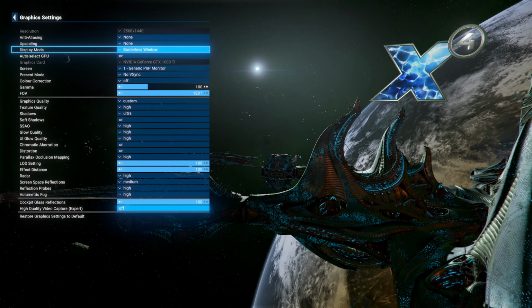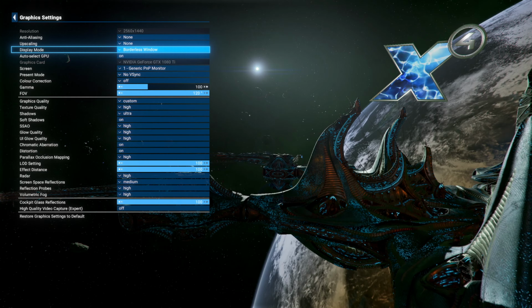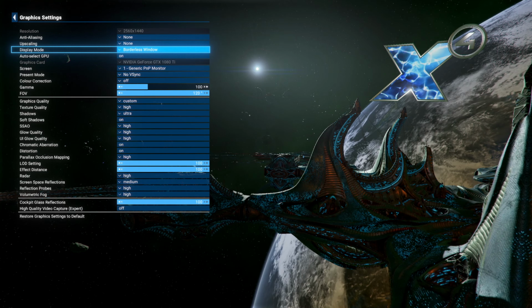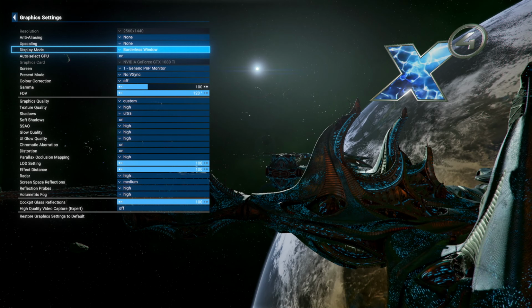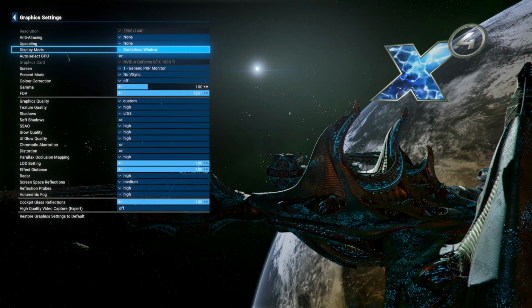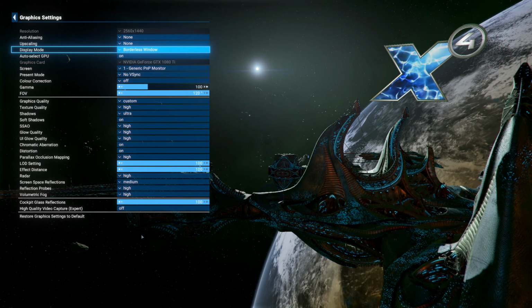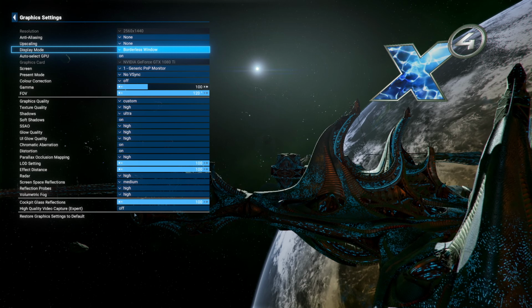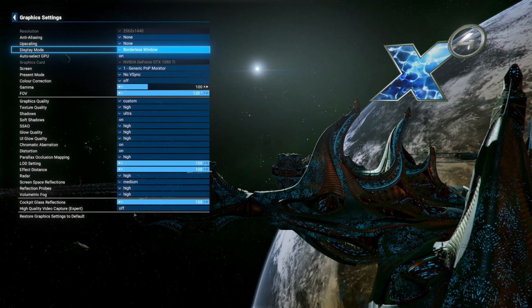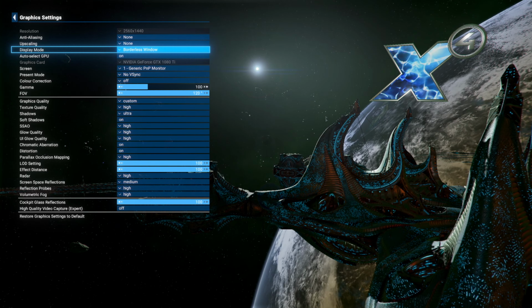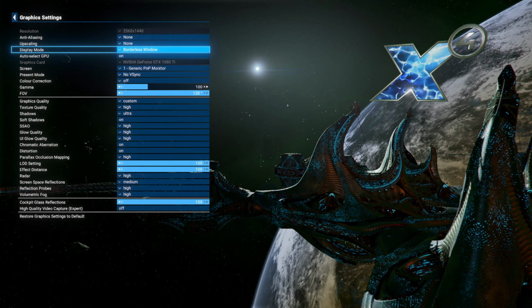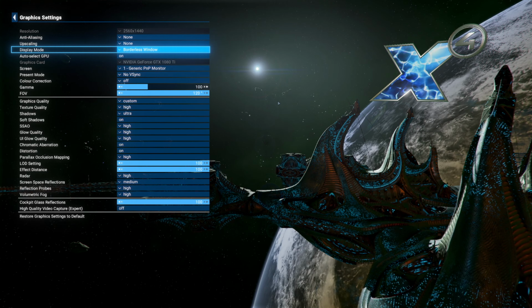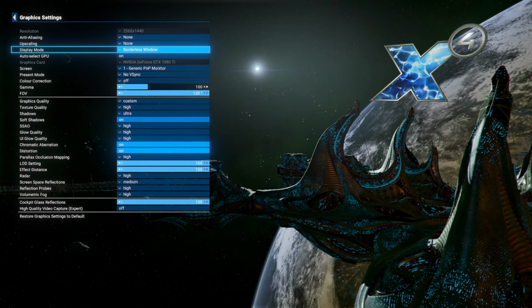And then obviously your last couple of bits is your cockpit glass reflection if you want reflections on it, and then the video capture if you're using that. I hope that's given you a rundown of all of the graphics. That is as high detail as I can try to explain it, and I know a lot of people have struggled with figuring out what everything does and how it affects the performance and stuff like that. I really hope me going through it that way has helped you understand it a little bit better,